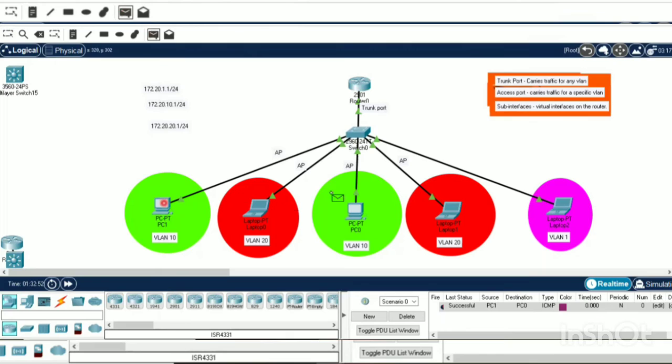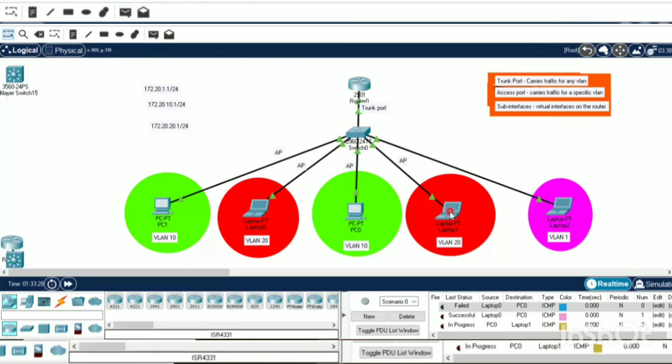Now let's try inter VLAN. Failed. Let's try this again. Successful. Here you can see successful. Let me do this here. Failed. Do this again. Successful. Okay, now we are getting successful.